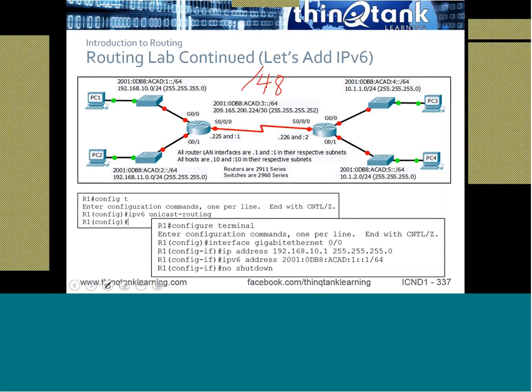You might get a /56 or even something smaller, but we're subnetting that /48 using the additional 16 bits for each of our subnetwork IDs. So this is subnetwork 1, subnetwork 2, subnetwork 3, subnetwork 4, subnetwork 5. All right? So ACAD:4